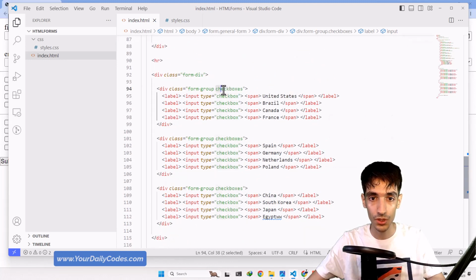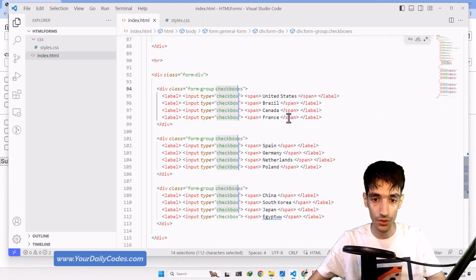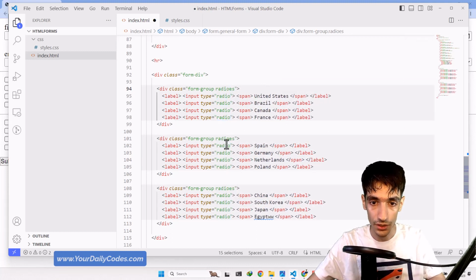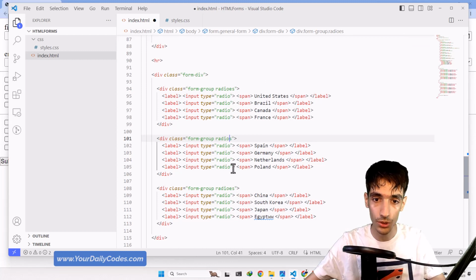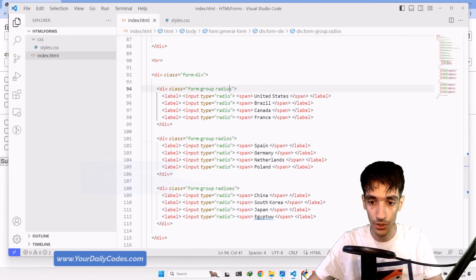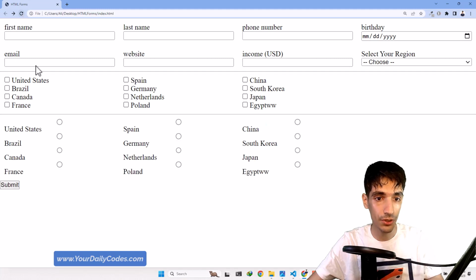So instead of checkbox, we say just radio. This is radio, and these radios would be radios. No longer do we need that E, I believe. So if you come back here and hit refresh, as you can see, now we have these radio boxes, but